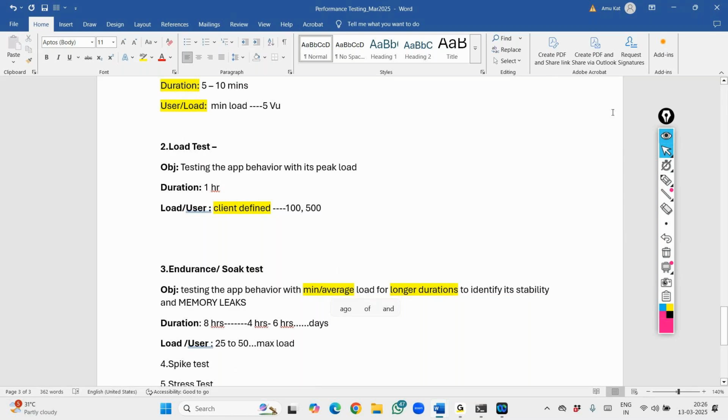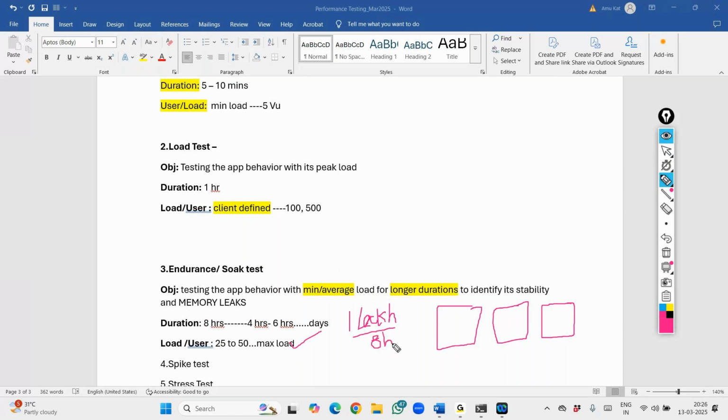Suppose this is the memory space of the IRCTC application. If you keep on continuously applying, say, 1 lakh load, which is a very common load for IRCTC, and you are working on the same application for multiple hours,